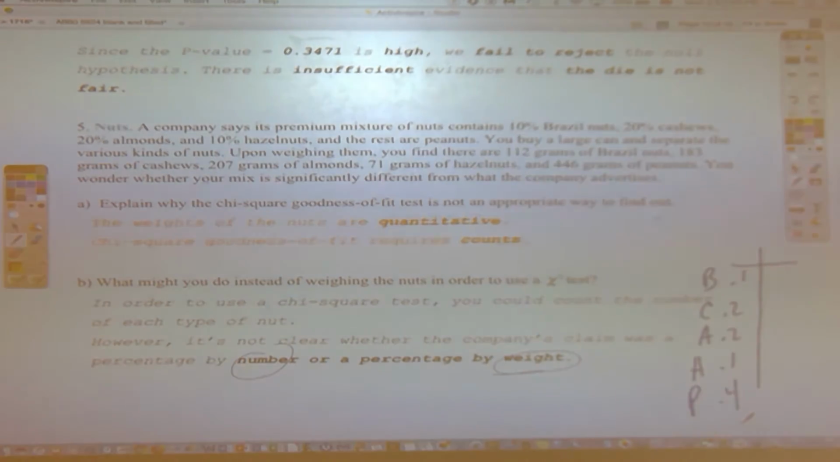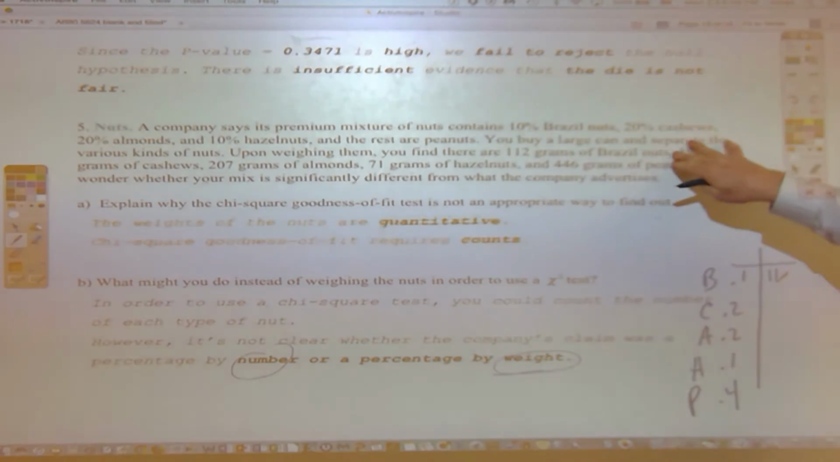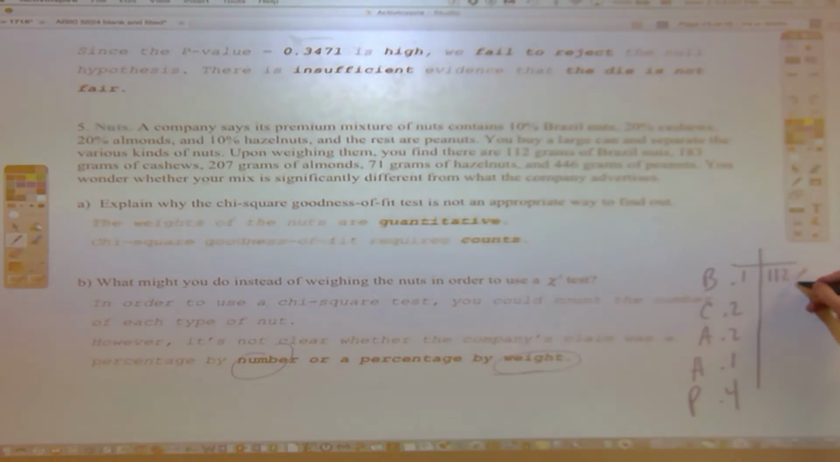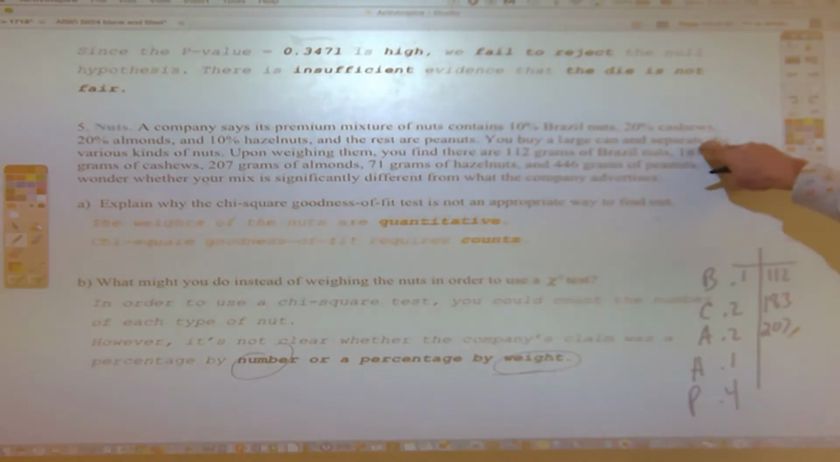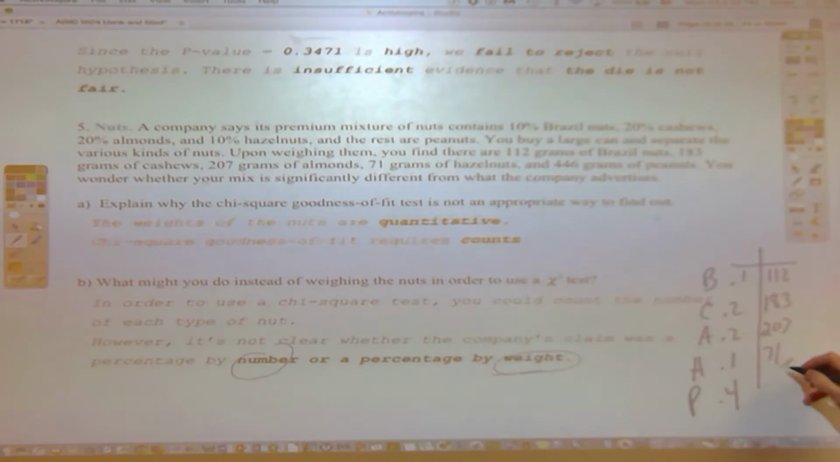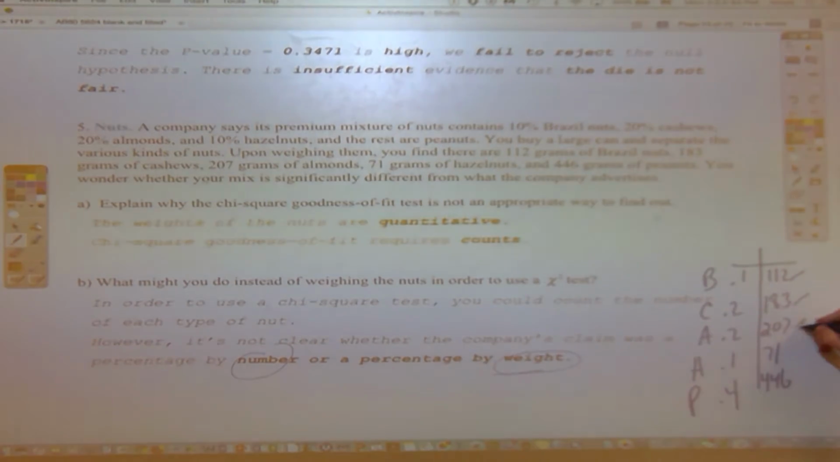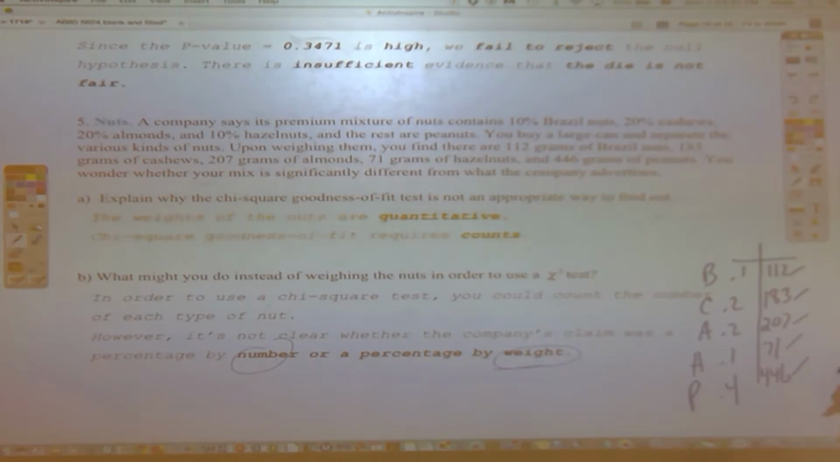Now, upon weighing them, you find there's 112 grams of Brazil nuts, 183 grams of cashews, 207 grams of almonds, 71 grams of hazelnuts, 446 grams of peanuts. You wonder whether your mix is significantly different from what the company advertises. By the way, you'd have to add all those up and find the percentage, but then the question is whether it's percentage by